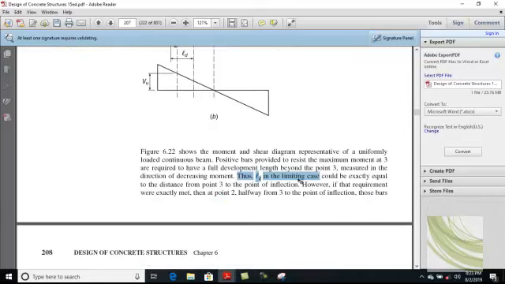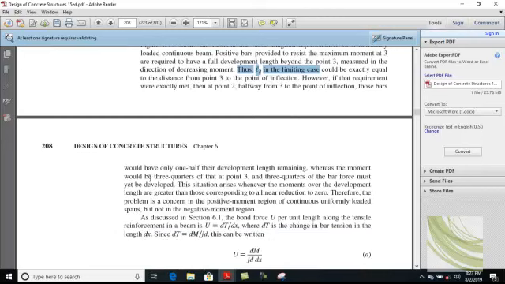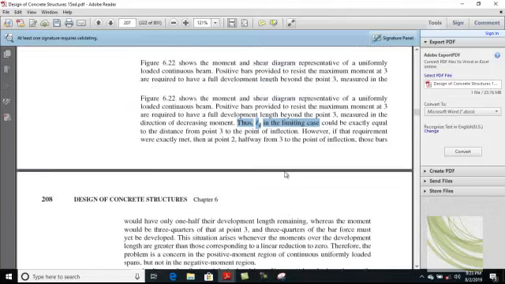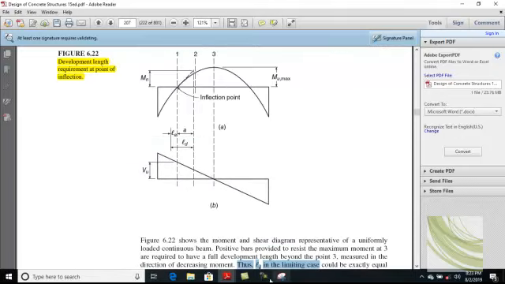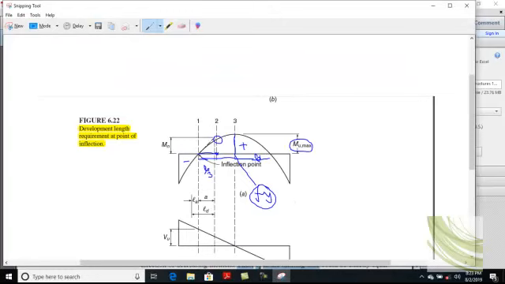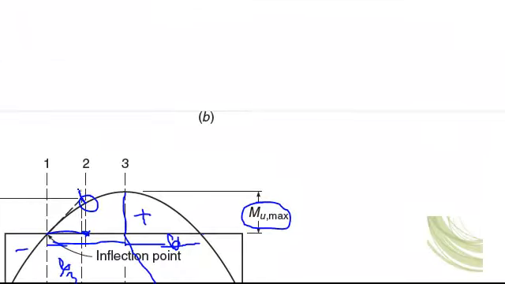If this occurs, then what will happen? However, if that requirement were exactly met, then at point 2, halfway from point 3 to the point of inflection, those bars would have only one half of their development length remaining. You know, this is the point I am telling you. If we consider that the moment right here is one half of the maximum moment,